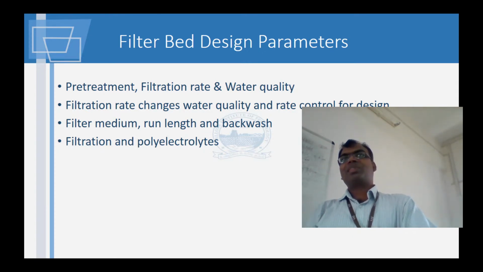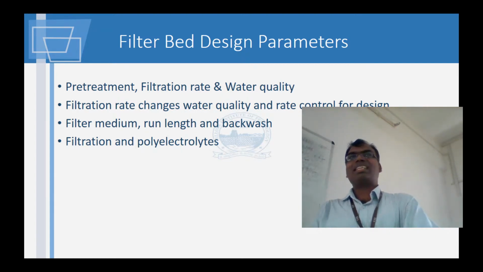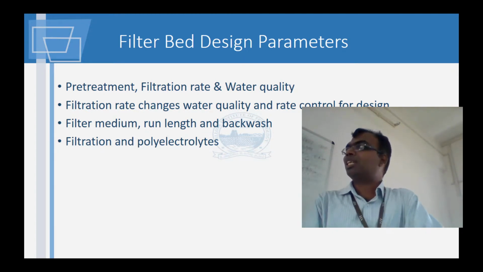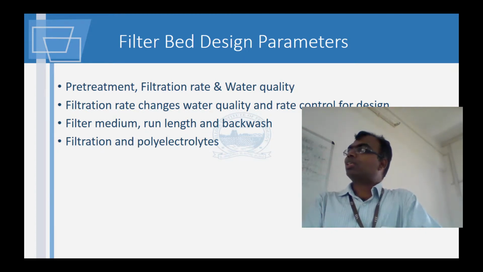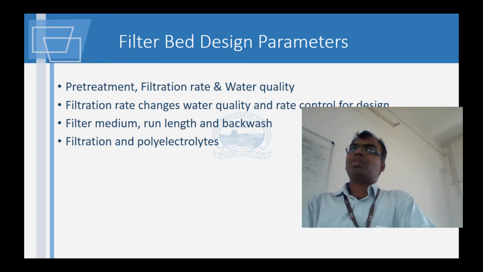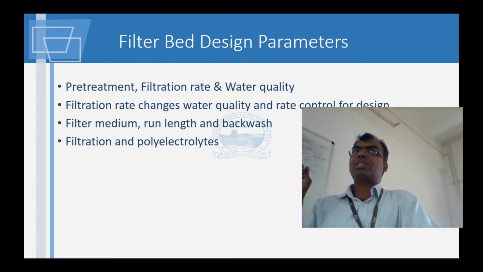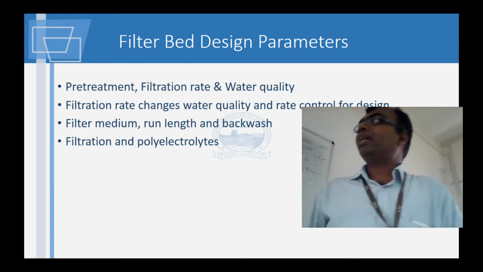You send water backwards. Okay, all these were there in the videos. So you can actually see the backwash operation and all that. But what also can be done is, along with your backwash, you can also send compressed air. Okay, so all this will enhance your cleaning of the filter medium. Okay, and finally,